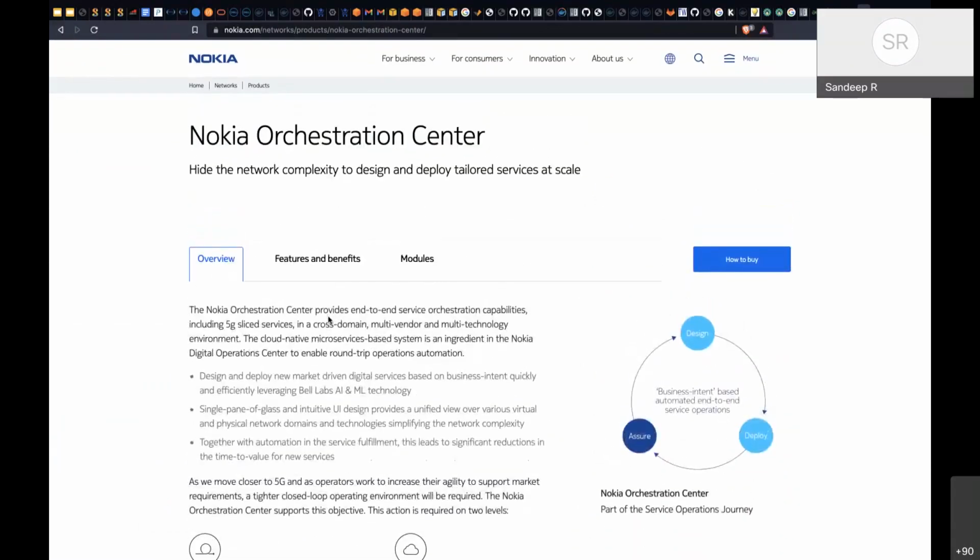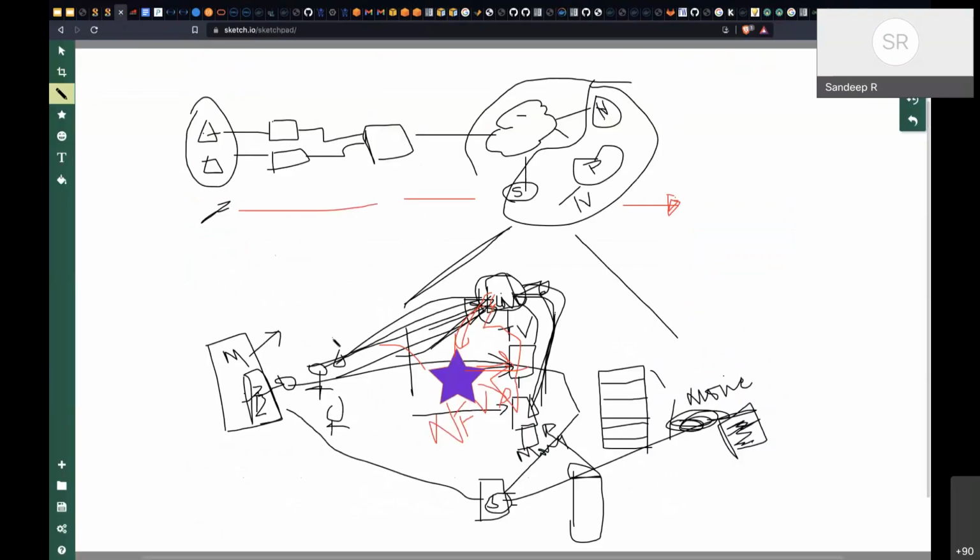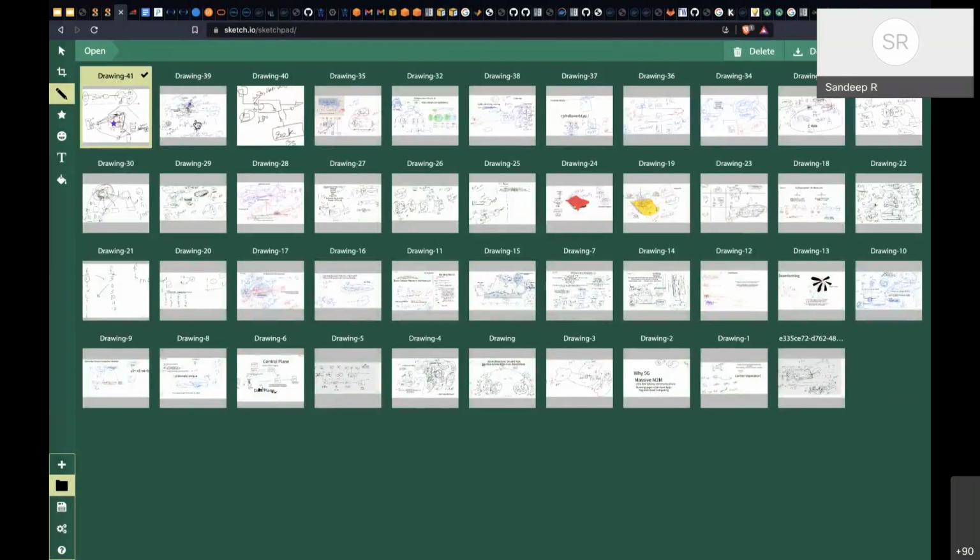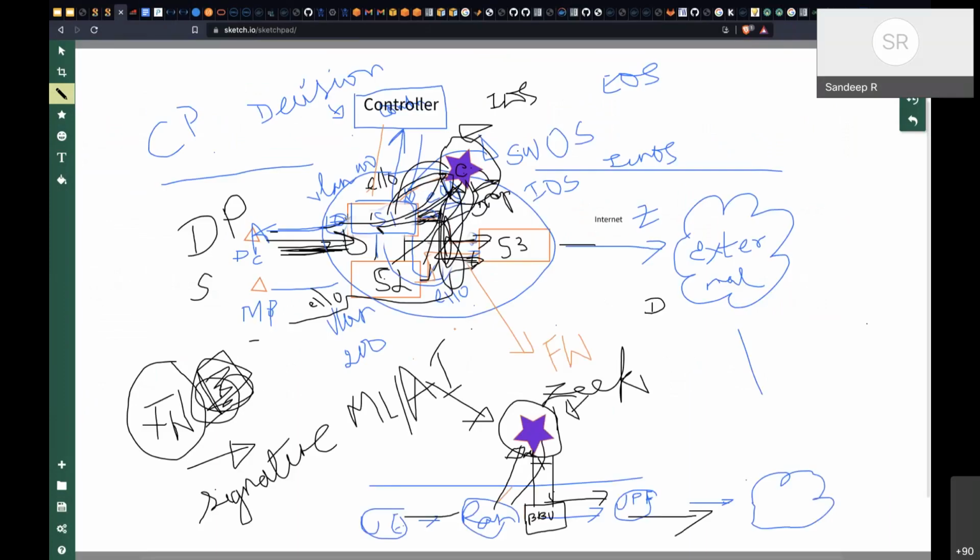What is SDN? If you look at it from a logical point of view, it is just that we are separating the decision plane and the forwarding plane, right? That is what we discussed just a few minutes back. We are splitting our decision plane and the data plane, the forwarding plane. So if this is Nokia's controller, which is slicing the network, that means slicing the network at the interface level, at the CPU level, at the memory level, and then distributing different slices for different use cases. Then you are achieving the whole SDN-ification, converting it into an SDN architecture.